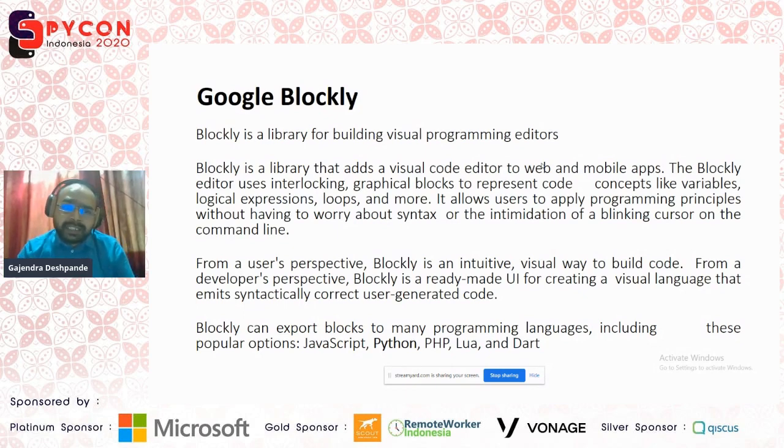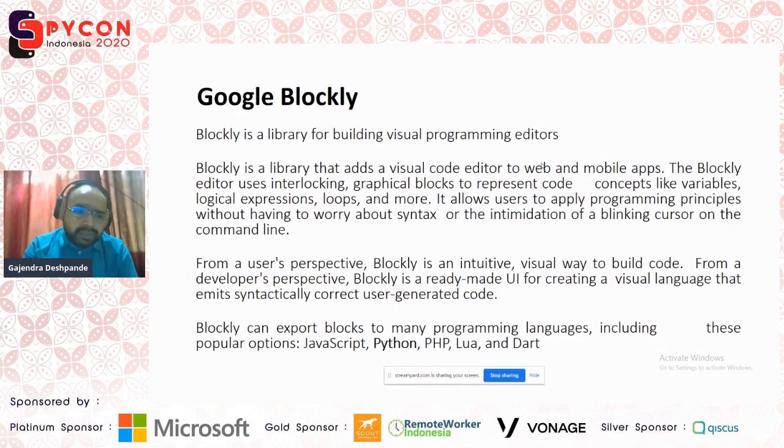Blockly is a library that adds a visual code editor to web and mobile apps. The Blockly editor uses interlocking graphical blocks to represent code concepts like variables, logical expressions, loops, and more. It allows users to apply programming principles without having to worry about syntax or the intimidation of a blinking cursor on the command line. Basically it works like a puzzle. You have a picture divided into smaller blocks, they are jumbled, and you rearrange them. In that way, using just the drag and drop feature, you can create a program